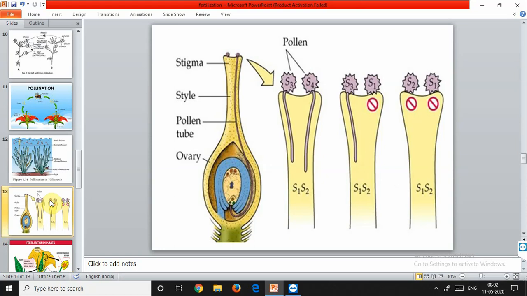So pollination does not guarantee the transfer of the right type of pollen, that is, compatible pollen of the same species. If the same species pollen is reaching, it is not necessarily true that pollination will occur. Often pollination of the wrong type, either from other species or from the same plant, is termed incompatible pollination. The pistil has the ability to recognize the pollen.